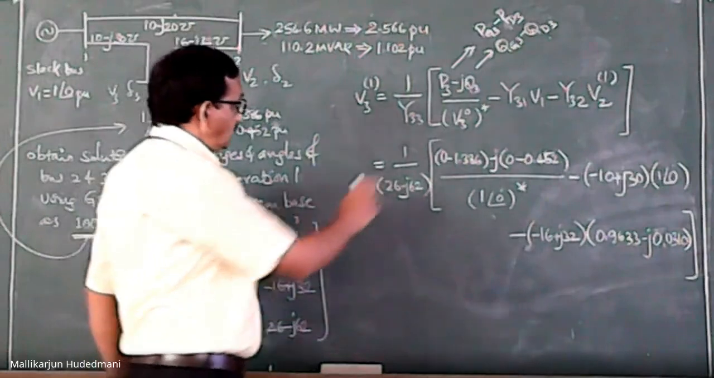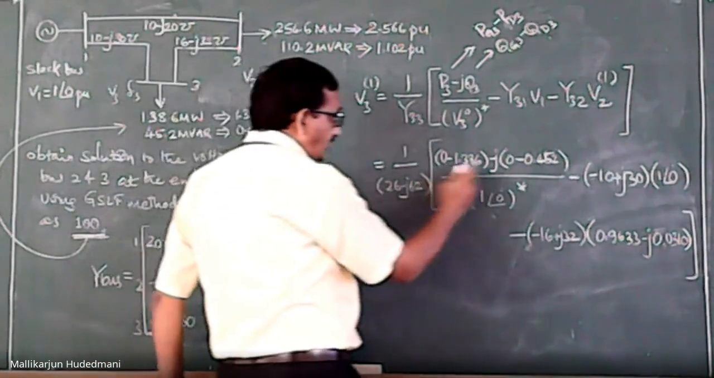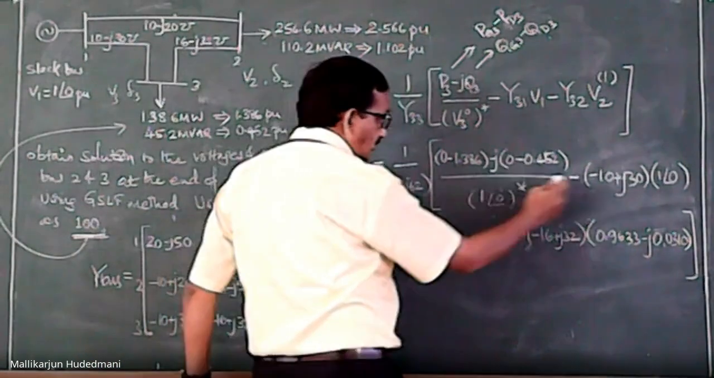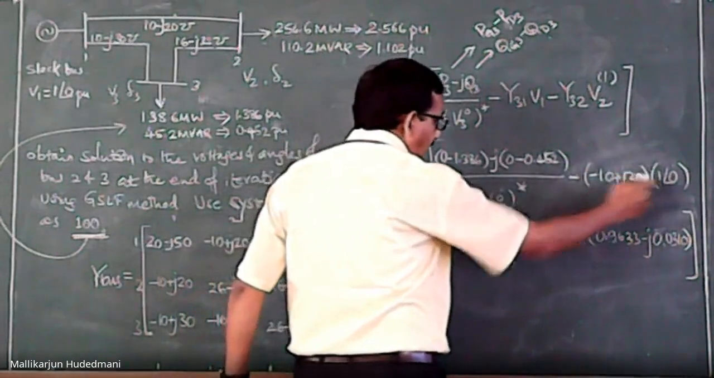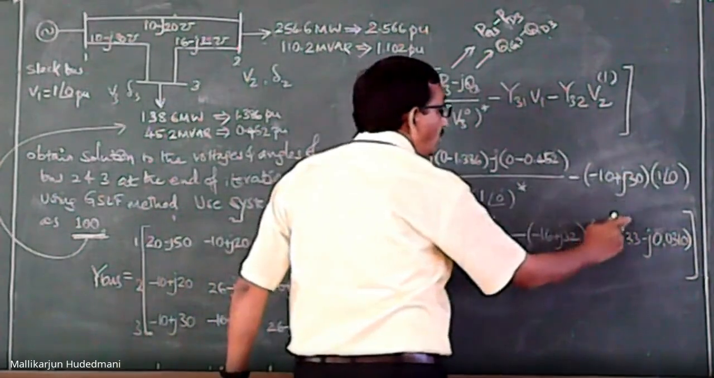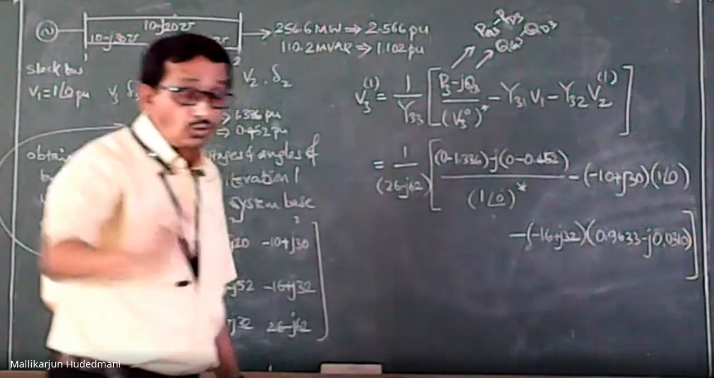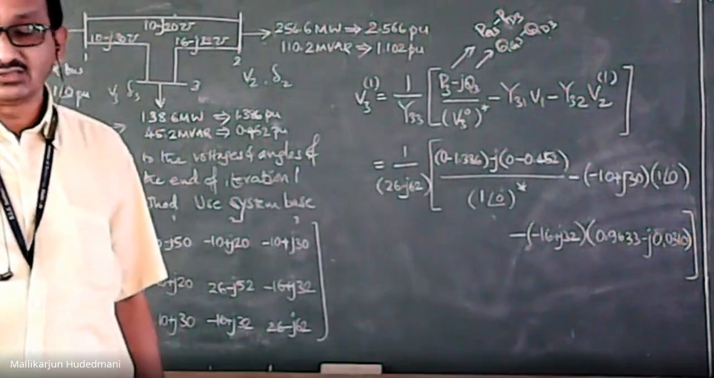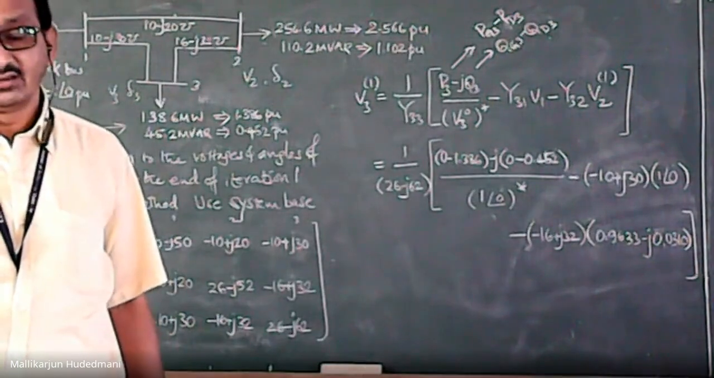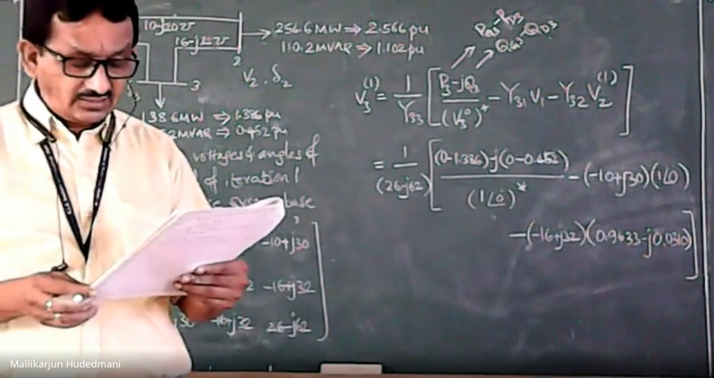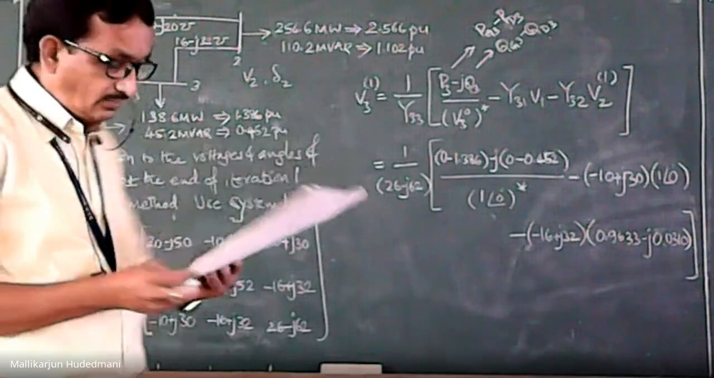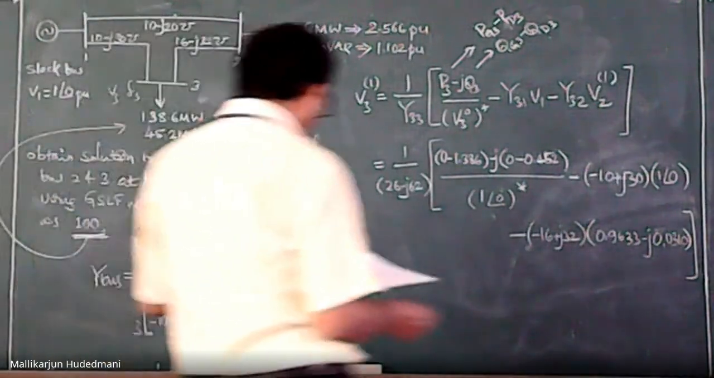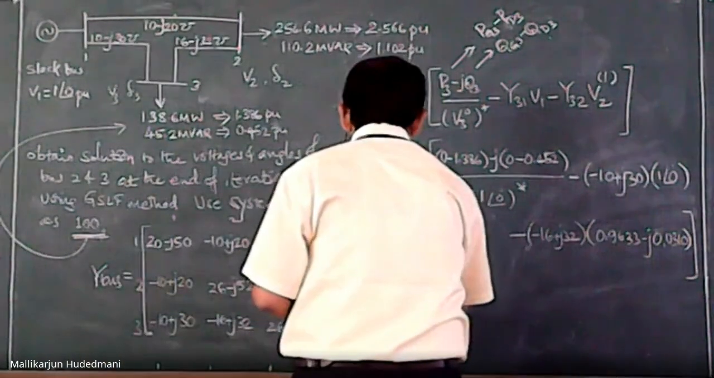Therefore, when I arrange 1 by Y33, P3 minus j Q3 by V3 conjugate minus Y31 V1 minus Y32 V2 of 1, so-called possible terms as per the connectivity. I have 3 buses, I could land this much only. Then if I simplify this, what may be my answer? My answer stands here with the numerical data, which is